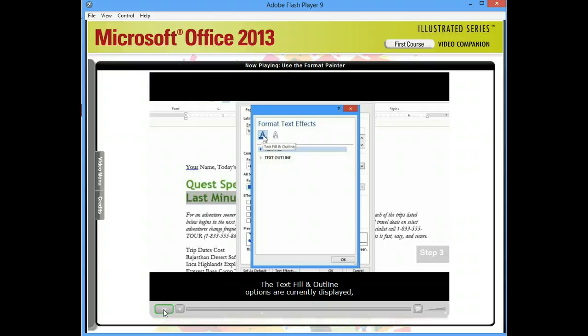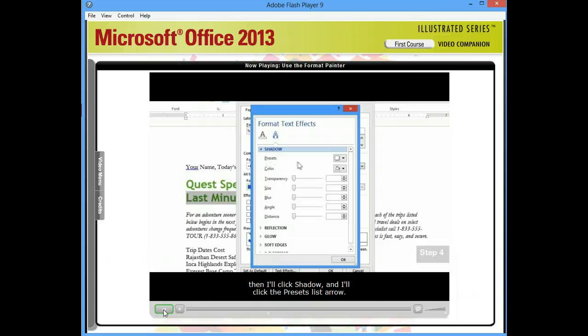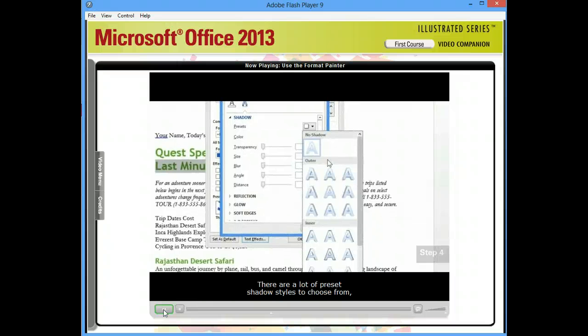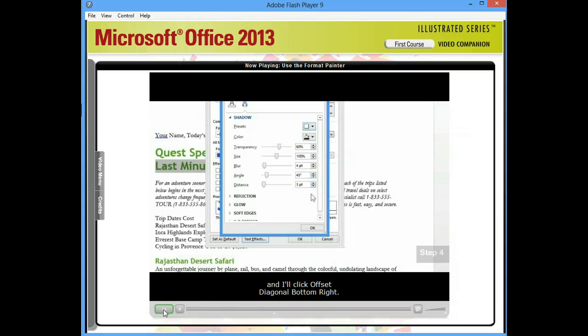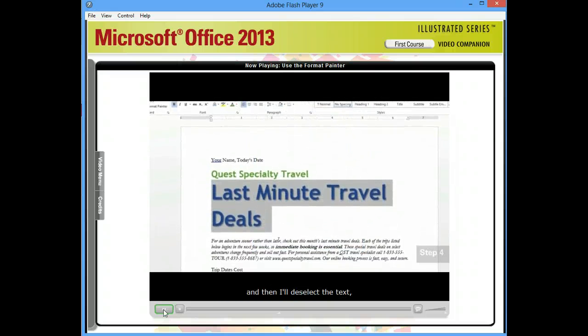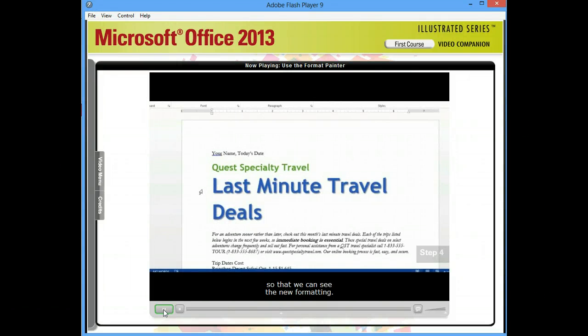The text fill and outline options are currently displayed, and in step 4, I'll click the Text Effects icon. Then I'll click Shadow, and I'll click the Presets list arrow. There are a lot of preset shadow styles to choose from, and I'll click Offset Diagonal Bottom Right. Then I'll click OK. I'll click OK again, and then I'll deselect the text so that we can see the new formatting. Now, our changes have caused the text to wrap to a second line, so in step 5, I'll